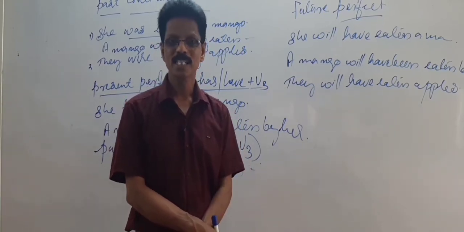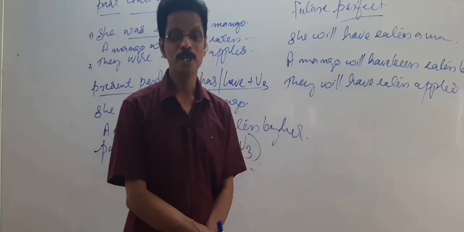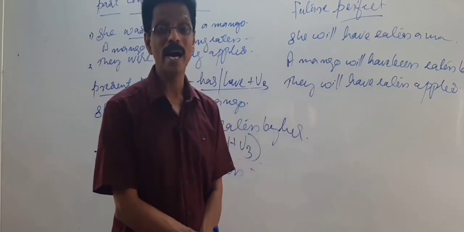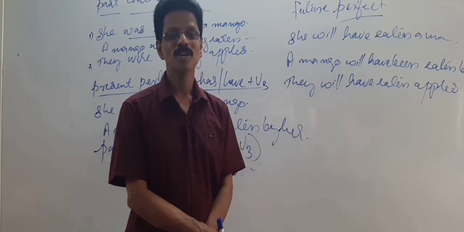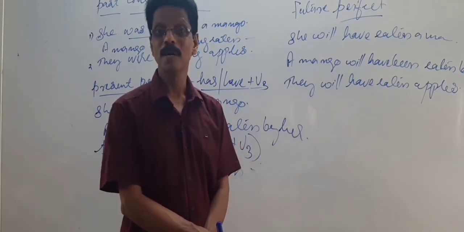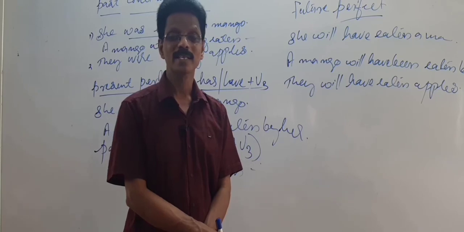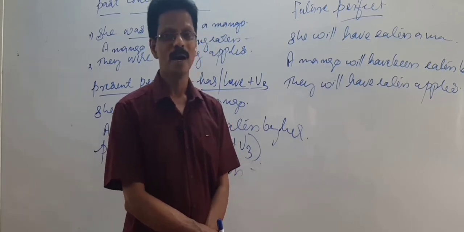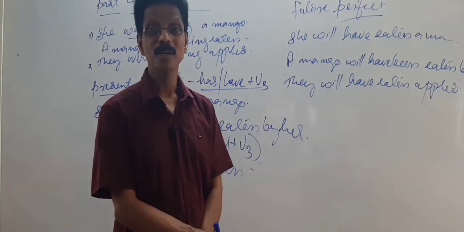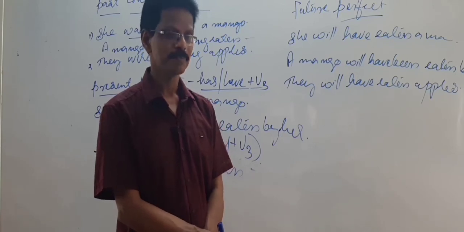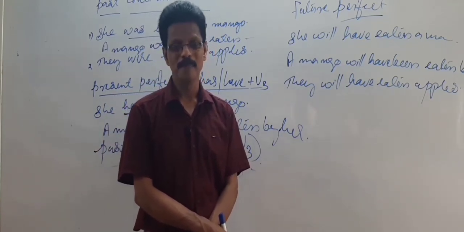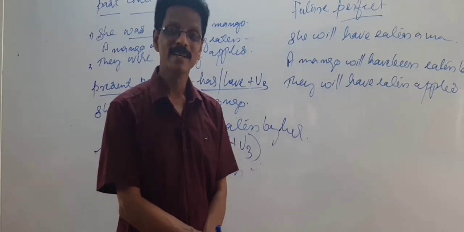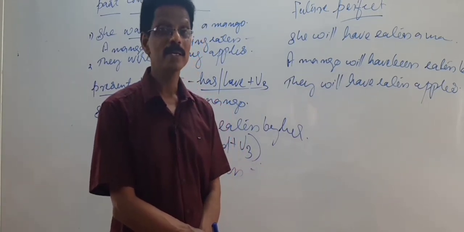So, if an assertive sentence is given, you should be able to change it into all tense forms and into passive voice. Can you? Once try. I write a letter. A letter is written by me. I wrote a letter. A letter was written by me. I shall write a letter. A letter will be written by me. I am writing a letter. A letter is being written by me. I was writing a letter. A letter was being written by me.